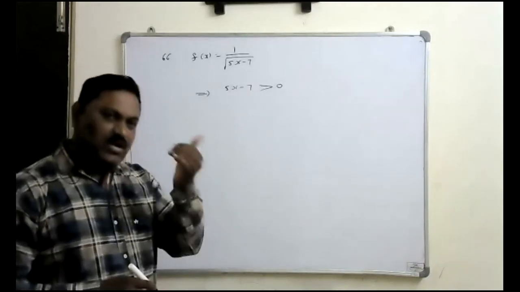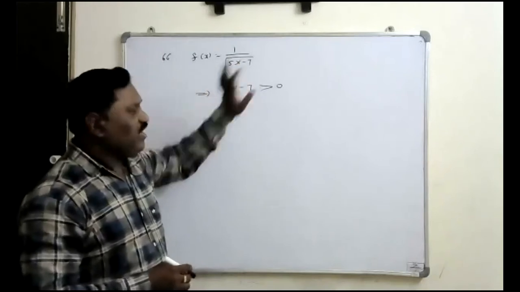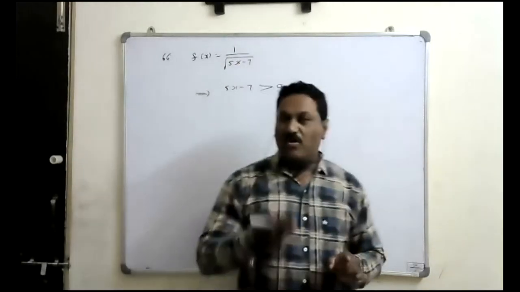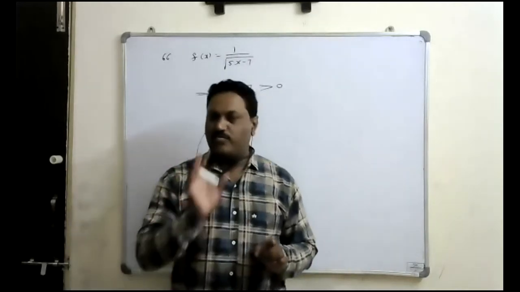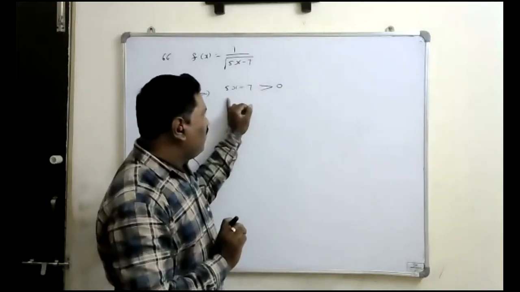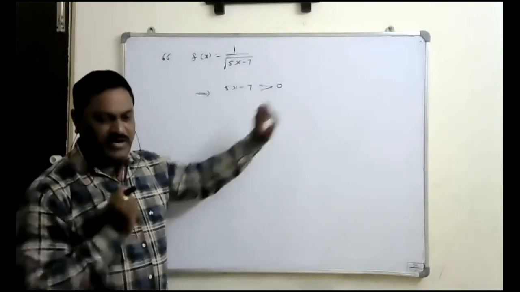As for the given function हमको कंडीशन पहले निकालना पड़ेगा. जैसे रूट के अंदर कभी भी नेगेटिव वैल्यू नहीं लेना है और डिनोमिनेटर में जीरो नहीं लेना है, इसमें जीरो भी नहीं लेना. मतलब वो फंक्शन हर बार पॉजिटिव होना चाहिए. That's why condition क्या है? 5x minus 7 greater than 0. This is the condition we have to write.